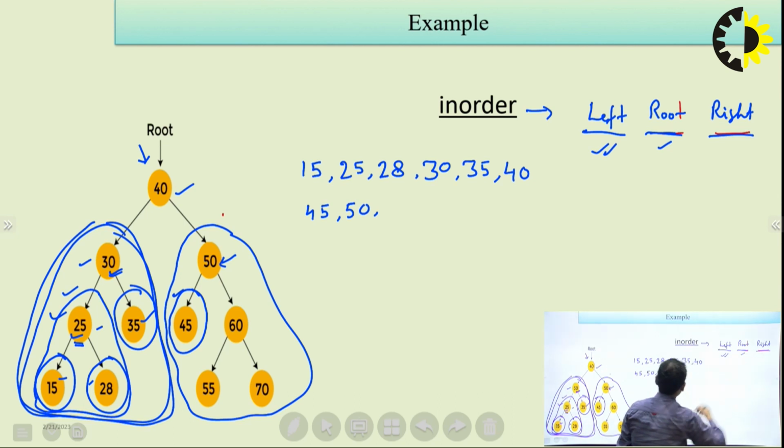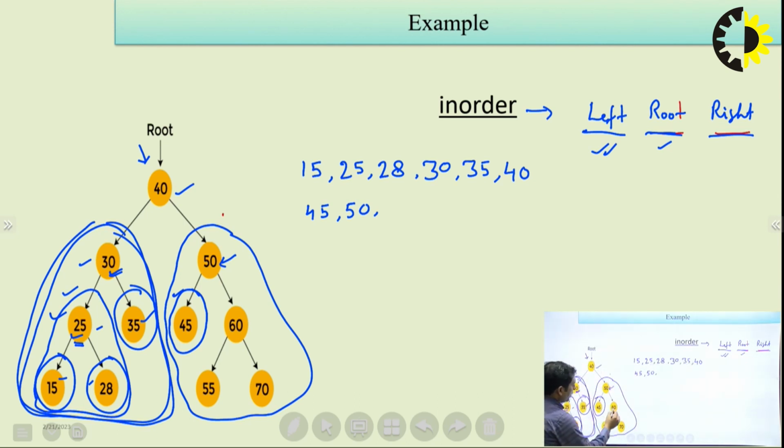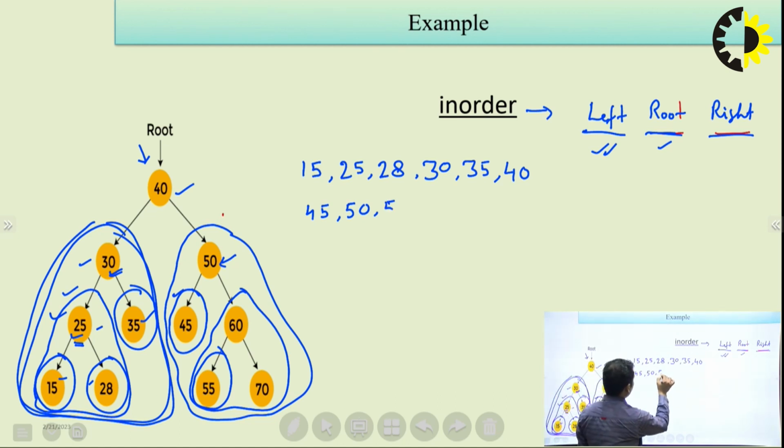Come to the right portion of this subtree, in the right subtree we will find a tree. So apply the same rule, left, root and right, come into the left portion, in the left portion only one node is here, that is 55, so visit the 55,